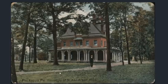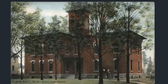And many of the frat houses, you'll see several in this presentation. Here's the Phi Kappa Psi. Yet another school. A lot of postcards on this one too, because it's very difficult to find photographs of many